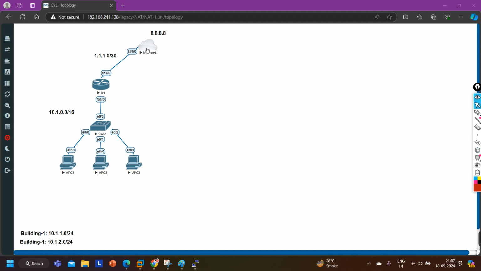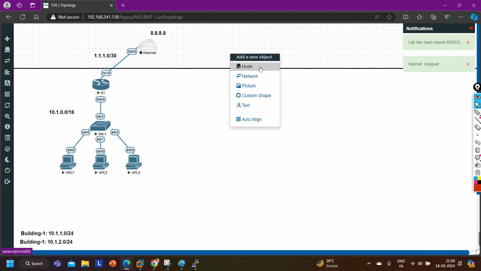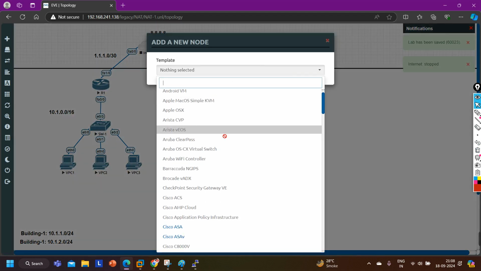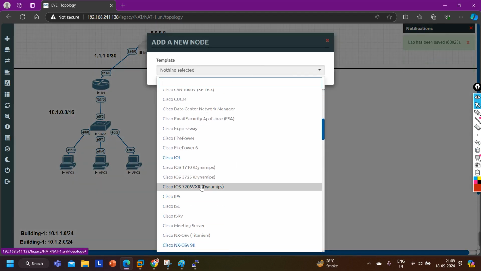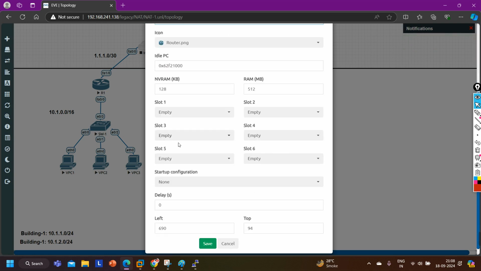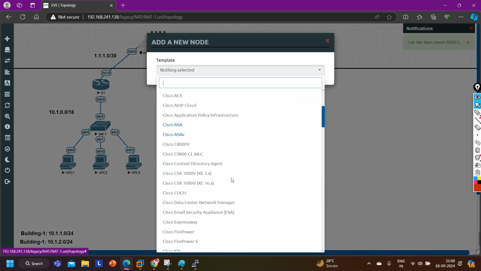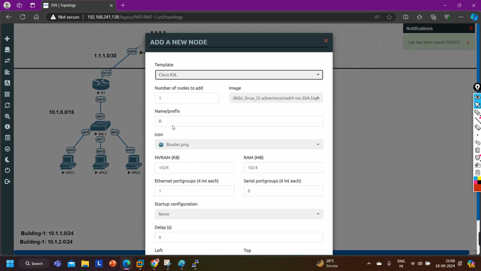So guys, here I have configured PAT, and let me do one thing. Here I am going to use one more router, R2, and one IOL device switch.